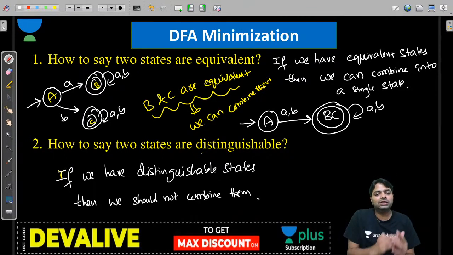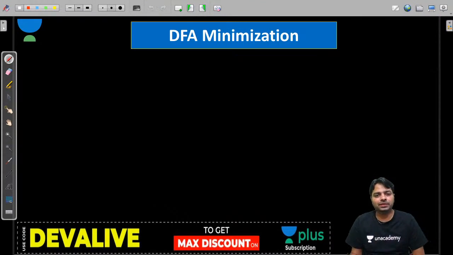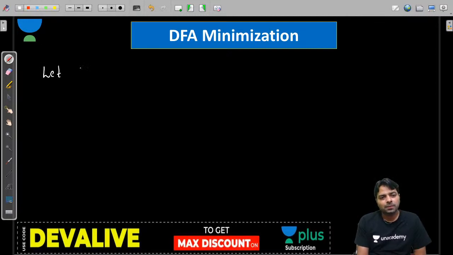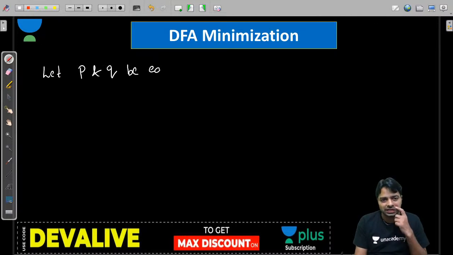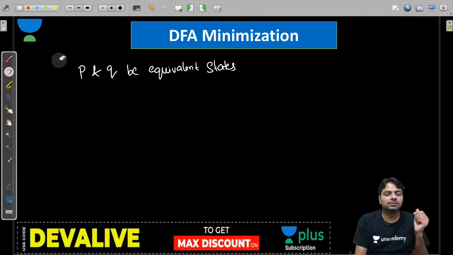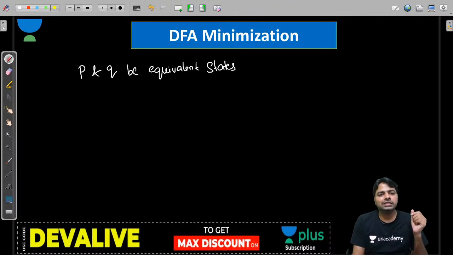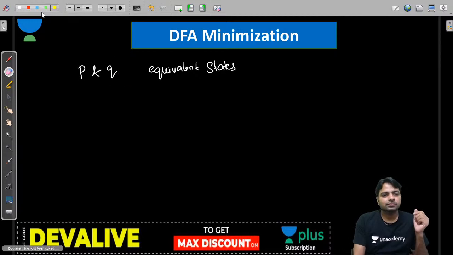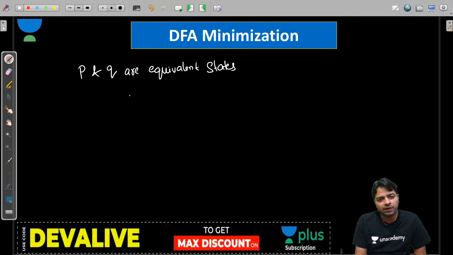This is what we have. Then what is the definition of equivalence? What is the definition of distinguishable? Let me write them, guys. Okay, let P and Q be equivalent states. These two are equivalent states. So I'm assuming that P and Q are equivalent states. Then when is that possible? If and only if